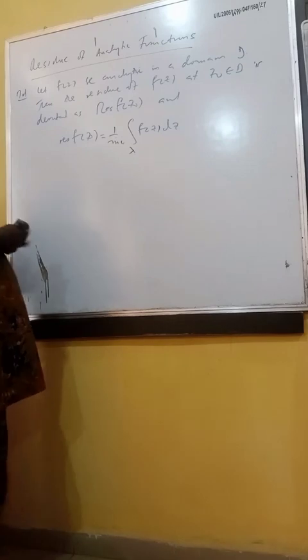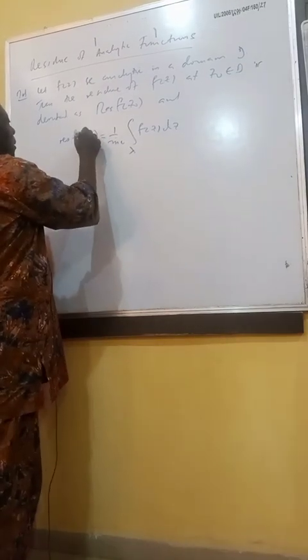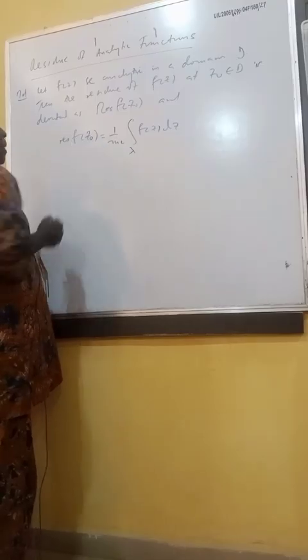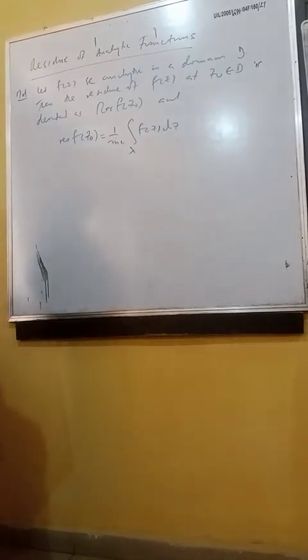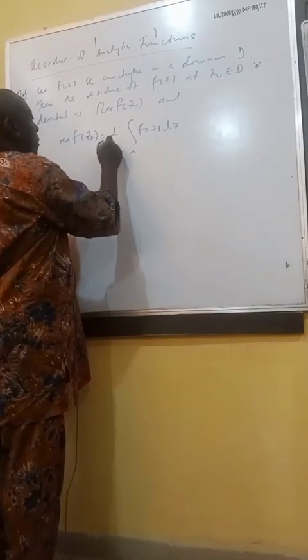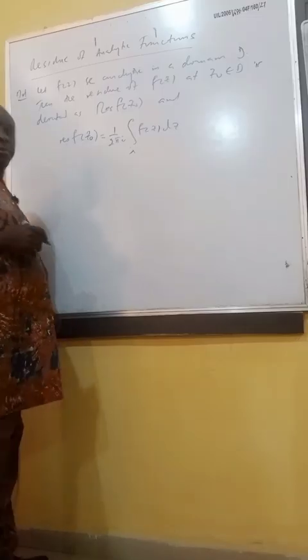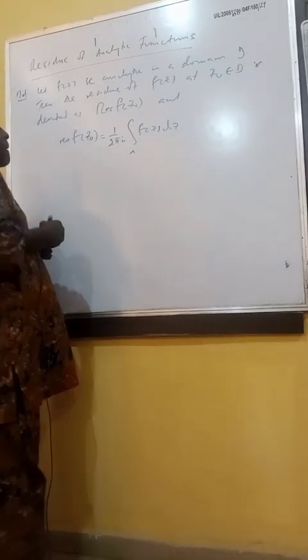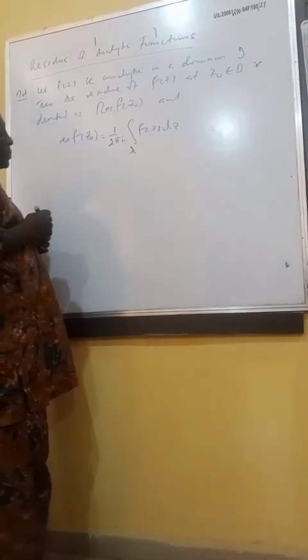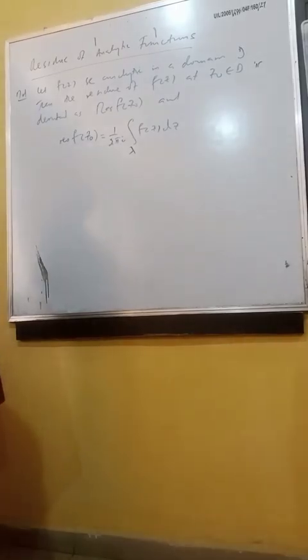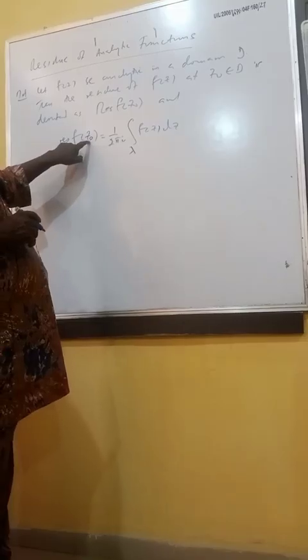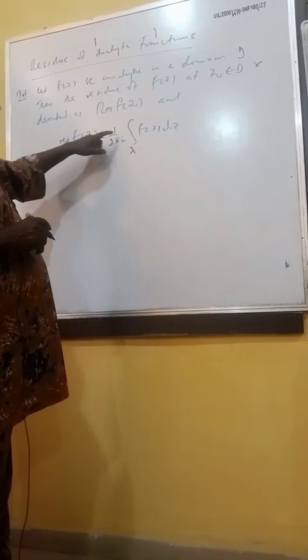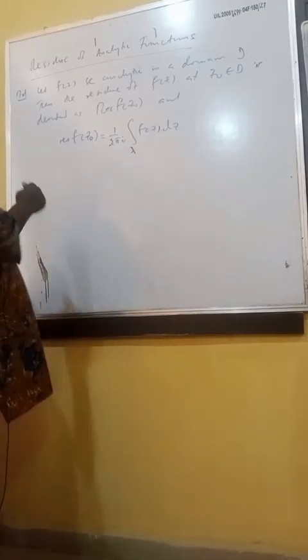That is, the residue of f at z naught is equal to 1 all over 2 pi i, the integral taken over lambda. Now, we are talking about residue at z naught, but here you don't see z naught, but z naught is represented by this lambda, where